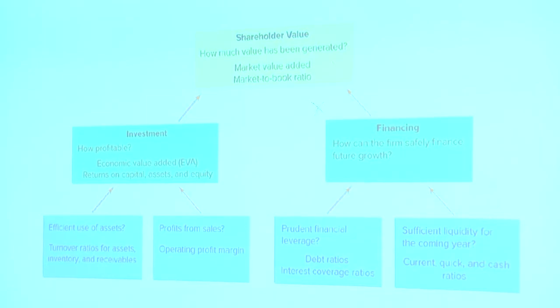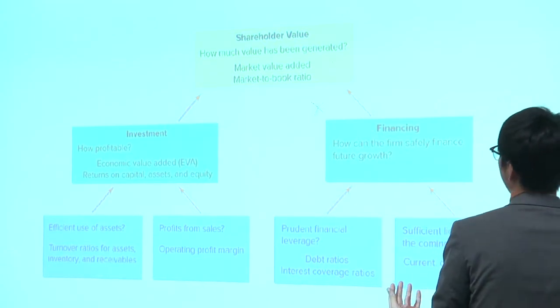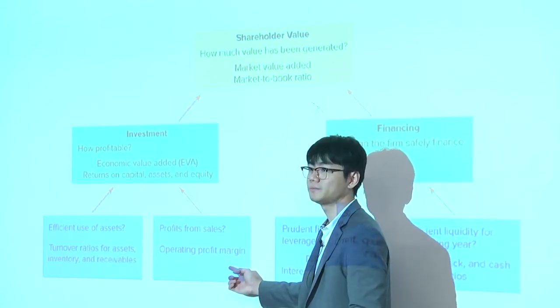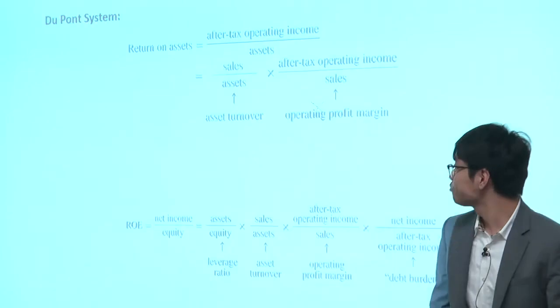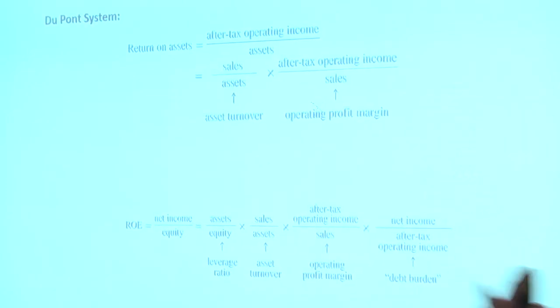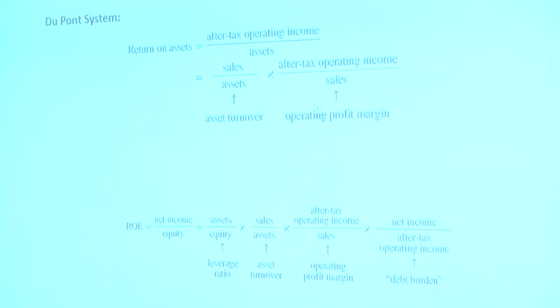So when you're studying chapter 4, with all the ratios and calculations, I don't want you to focus just on the calculations. Don't just remember those ratios. Those ratios serve for meaning, and the meaning is all in this graph. Once you comprehend this graph, and when you're studying a ratio, think about where the ratio belongs. Return on assets, here. So I'm not going to dig into the ratios and tell you the constructions. You have those in your slides.